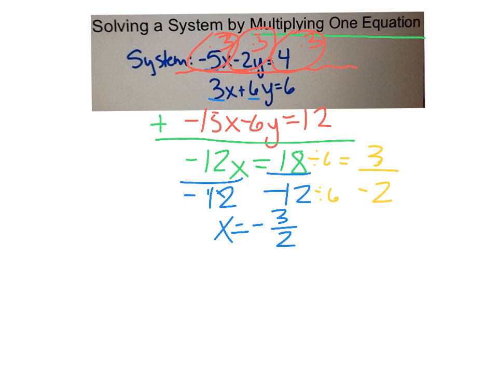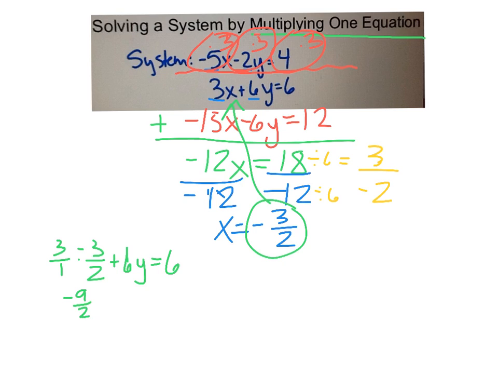Okay, still following the same process for the next step. Doesn't matter if you pick top or bottom. I'm going to pick the bottom just because it's all positive numbers. So, well, the bottom one, which became our top one. But I'm going to plug into that spot right there. So that gives us 3 over 1 times negative 3 over 2 plus 6y equals 6. Okay, well, with that multiplication of fractions, you can't simplify anything, so we just multiply straight across. That gives us negative 9 over 2 plus 6y equals